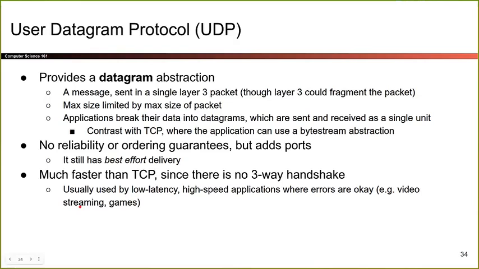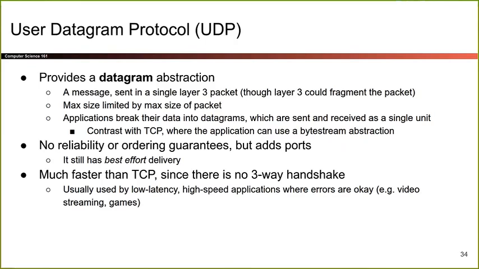If you're streaming Netflix and there's a single byte that keeps getting dropped, do you want the entire video to stop while it waits for that single byte to show up? Or would you rather just get one frame of the video that's a little bit worse, but then immediately after it keeps going? You would much rather the video keep going, right? So that's where UDP is useful.